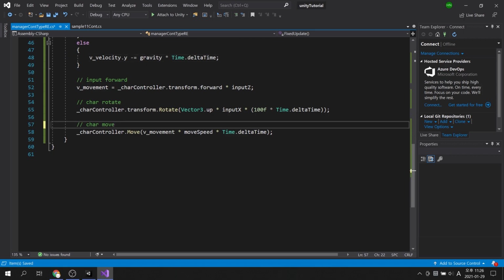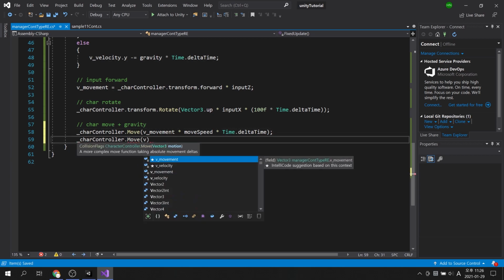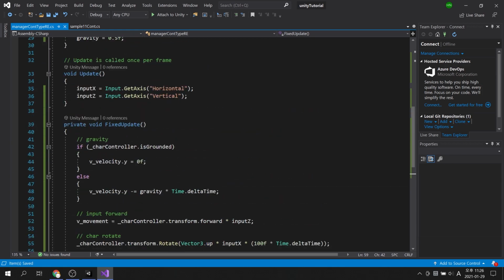The character controller's move command can be used multiple times if the moving directions do not overlap. Therefore, it is possible to move the character and implement the artificial gravity function by using the move command twice.